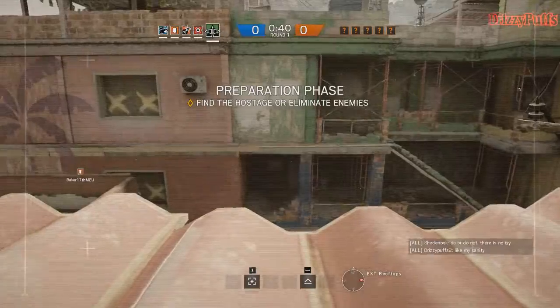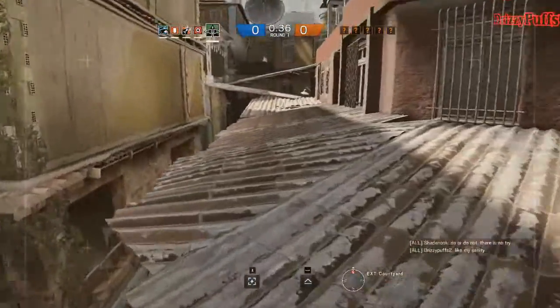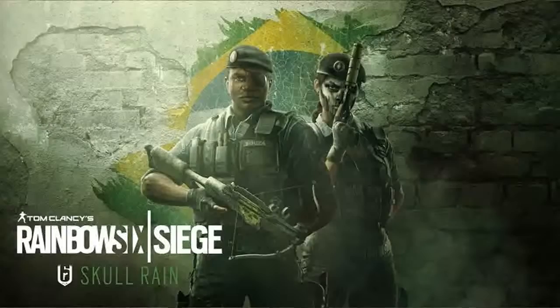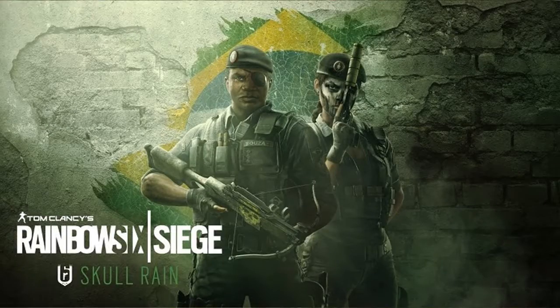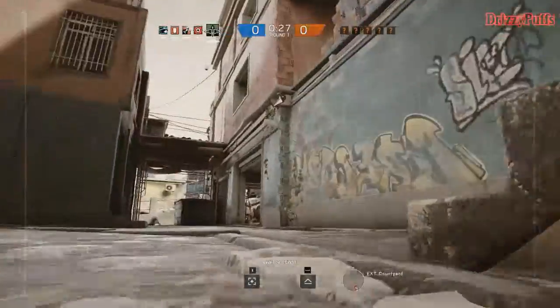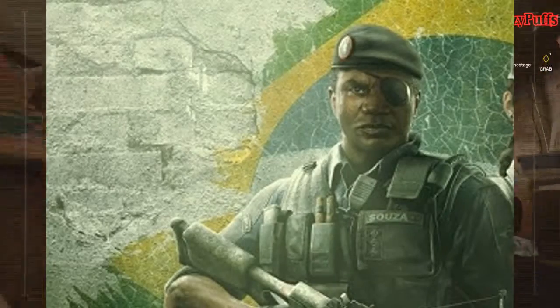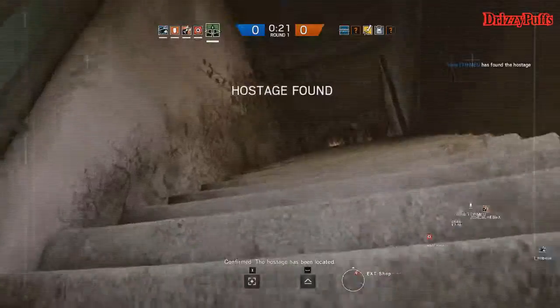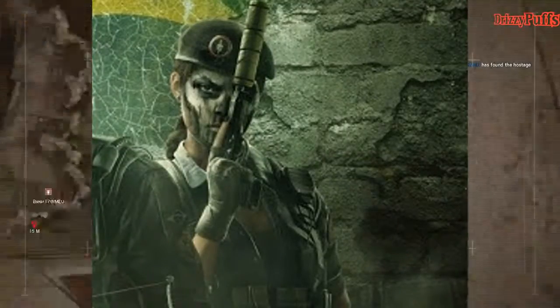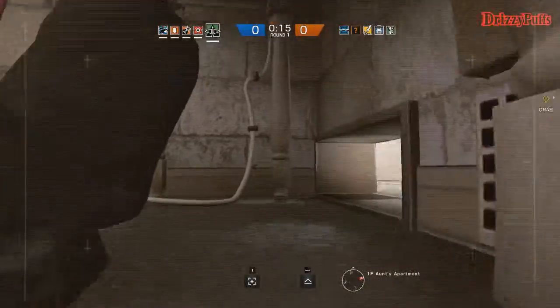I am going to finally talk about the new update for Rainbow Six Siege, and it is called Skull Rain. Skull Rain is completely based off of Brazil. The new map is called Favelas, and the two new operatives are called Capitao, which is an attacker, and the defender is Caveira. And I will speak more on the operatives a little bit later, after I speak about